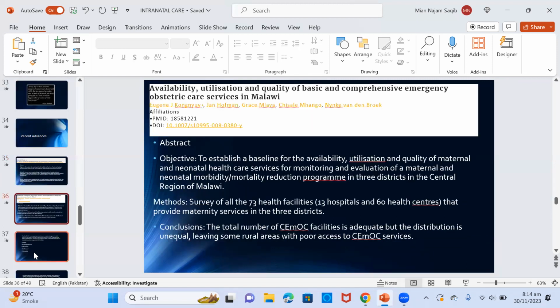Availability, utilization, and quality of basic and comprehensive emergency obstetric care services in Malawi. Objective: to establish a baseline for the availability, utilization, and quality of maternal and neonatal healthcare services for monitoring and evaluation of maternal and neonatal